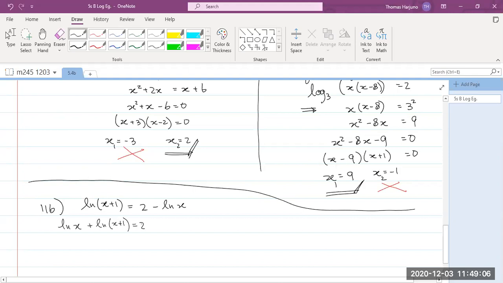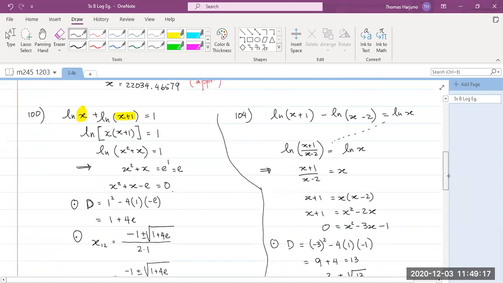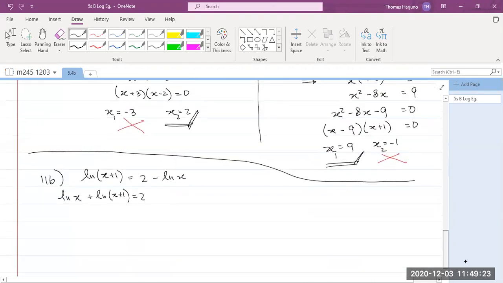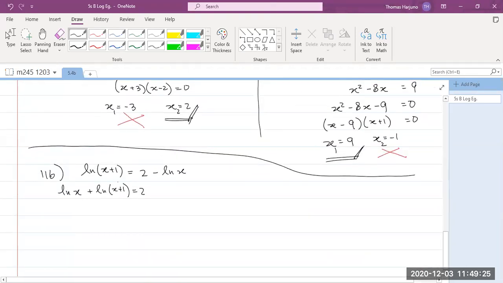Okay. In fact, we did a problem similar to this one earlier, question number 100. It's basically the same, but it equals 1, and right now we have equals 2. Okay. So the procedure will be very similar, right? This will be